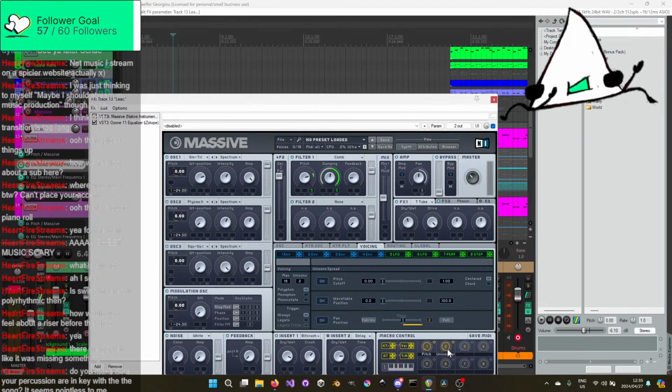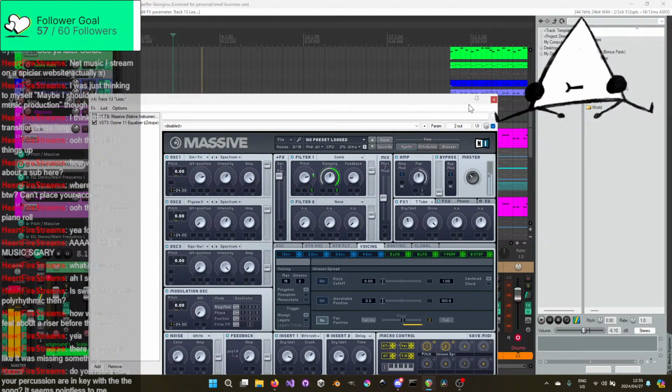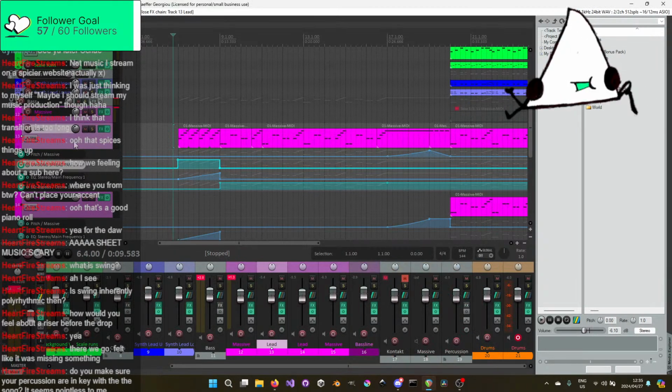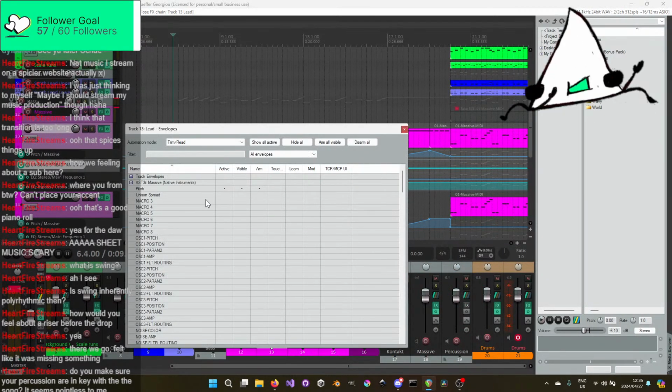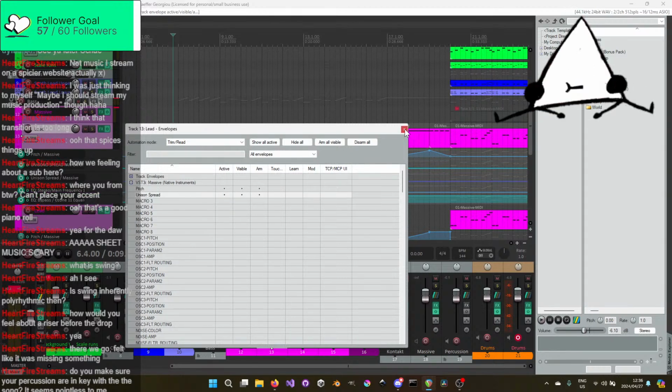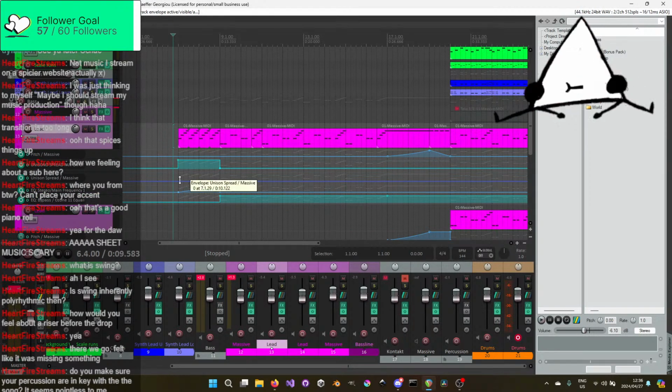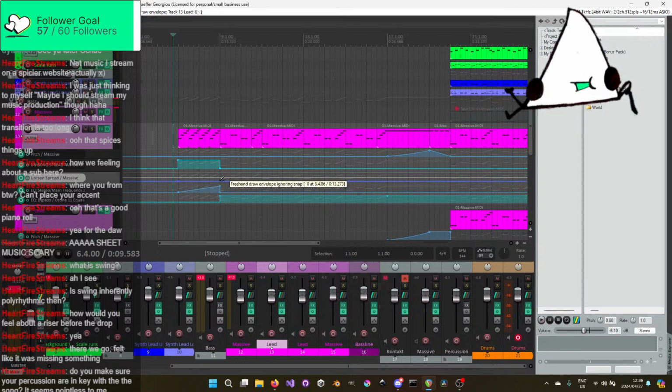Macros are great. Okay, then we also want that to be shown, so we want macro 2 to be active. Oh, I'm getting so good at this automation thing. Yippee!